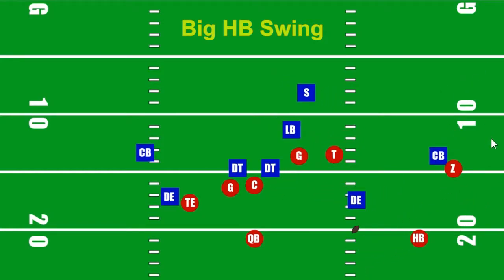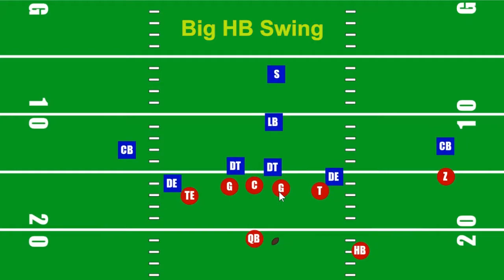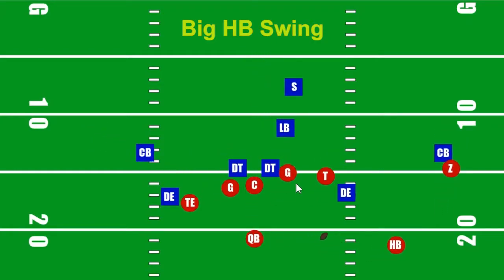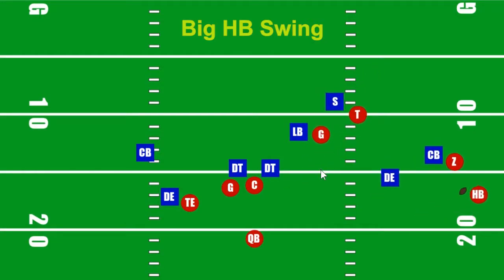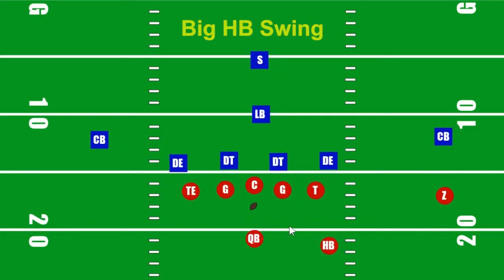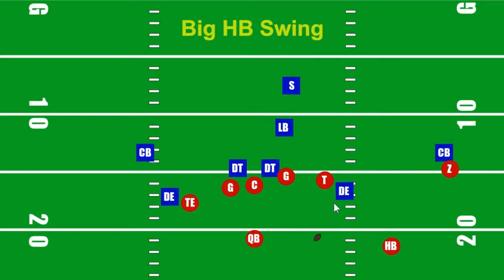Moving forward, Z's going to try to seal that edge, and of course now, like I told you, you're going to have this punt return wall. Now, due to the quick chip by the tackle on the defensive end, and the fact that the defensive end is going to be a little bit torn here, he'll see that halfback swing in front of him, which might cause him to hesitate a little bit instead of heading at the quarterback. So what we want to do is get this guy flat-footed here, just for a quick step. If we get him flat-footed for half a step,